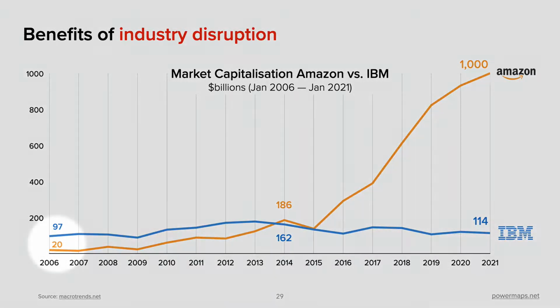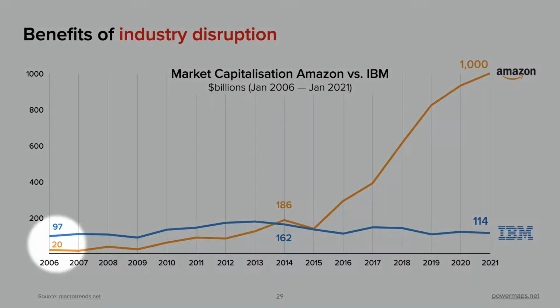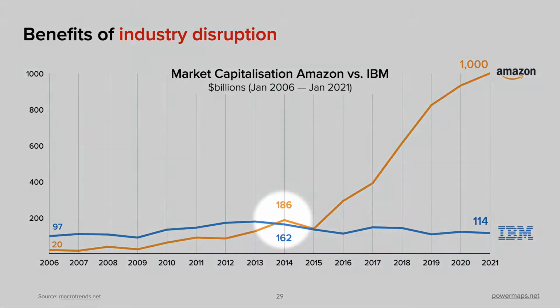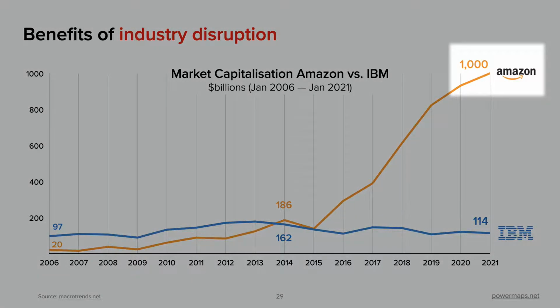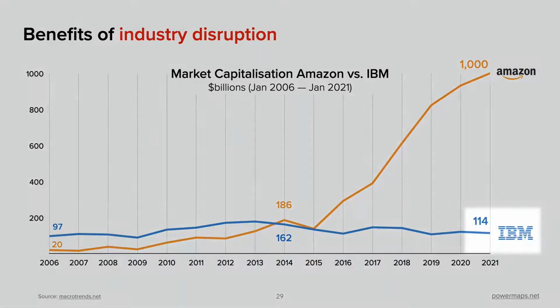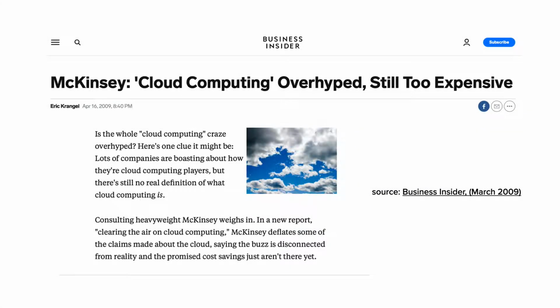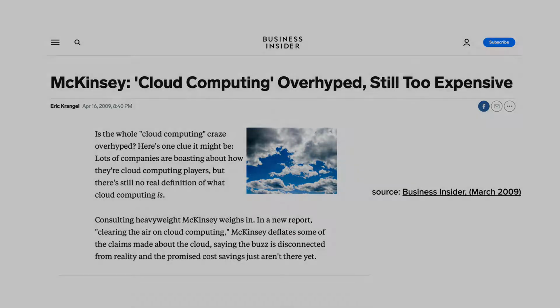Amazon's market capitalization in 2006, when it launched its cloud services, was nearly 5 times smaller than IBM. Within 7 years, Amazon had overtaken the computing giant and has pulled away from them ever since. In 2021, Amazon is a $1 trillion company, whilst IBM's market capitalization has remained relatively flat over time. Owning the utility service on which the future is built was the smart move that Amazon saw, but others didn't. Others were playing the disruption game blindfolded, unable to see the landscape and listening to those who were telling them that cloud computing was overhyped.